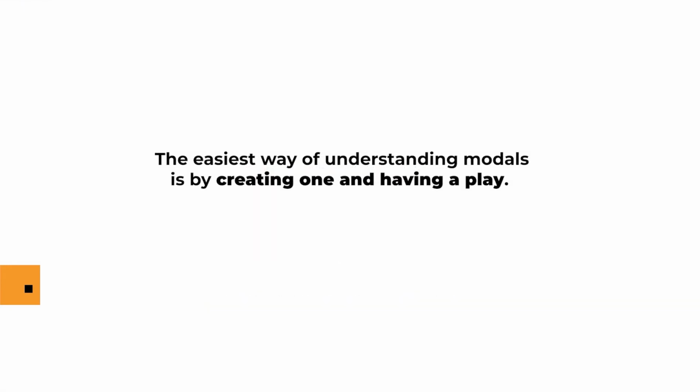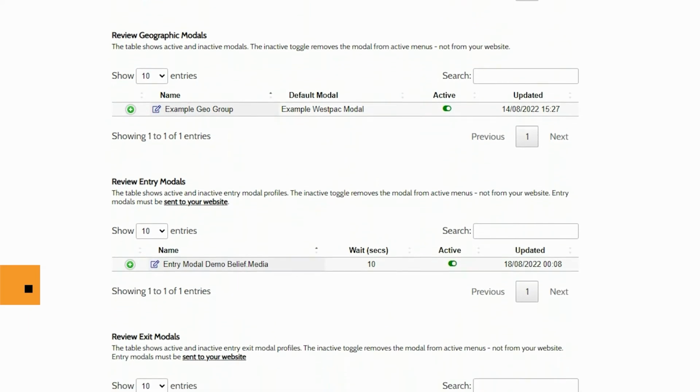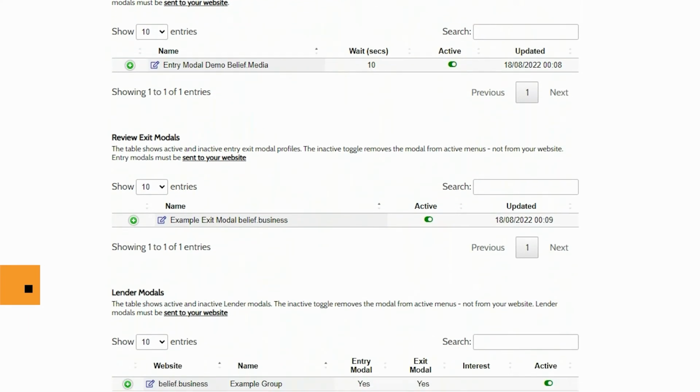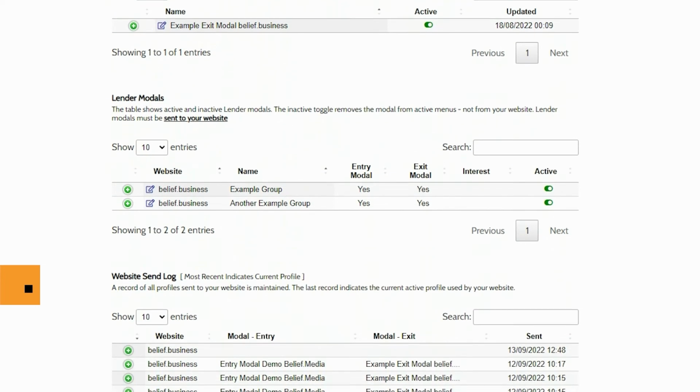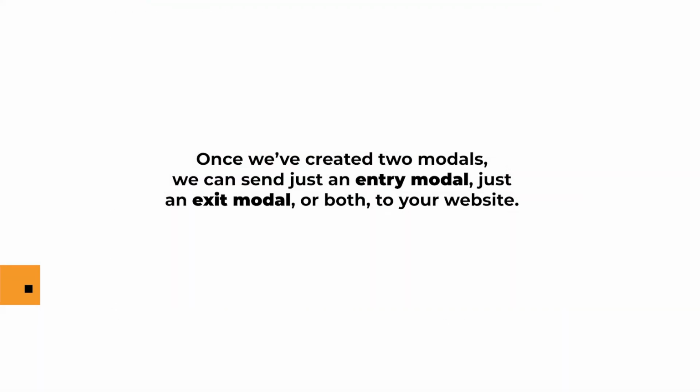The easiest way of understanding modals is by creating one and having a play. Any modal may be edited at any time from the review panel. You should reference the video on the different types of modals, how they're used, why they're used, and how to create conversion pathways. Once we've created two modals, we can assign just an entry modal, just an exit modal, or